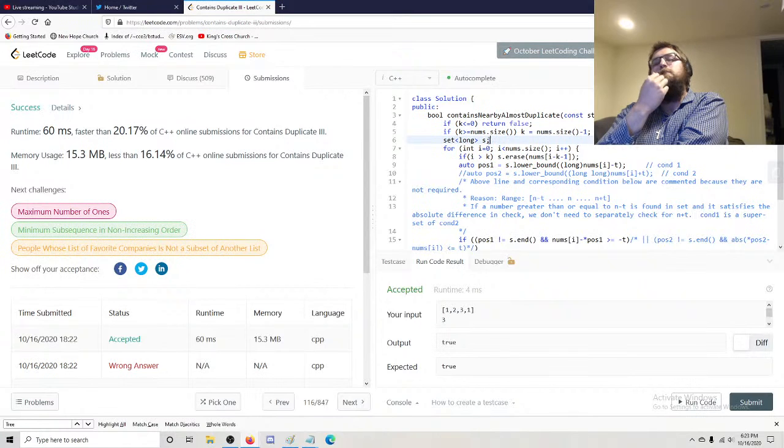Nums of i minus t. I gotta think about that. I need to go get food also. Nums of i minus t. We need, what do we do? The thing about that is